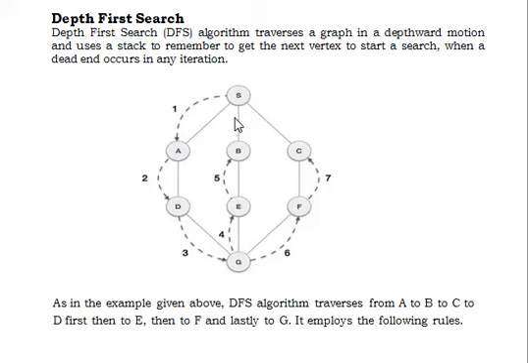Then it resumes at the last node on a path just traversed that has an unvisited successor and begins traversing a new path, emanating from that node. That is, the spanning tree created by a depth first traversal tends to be very deep. So it is called depth first search.